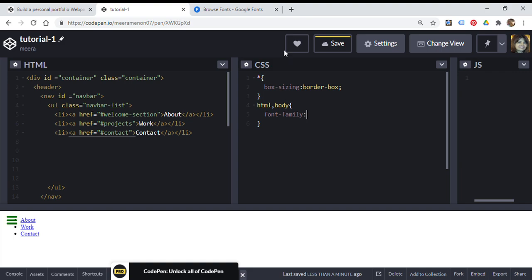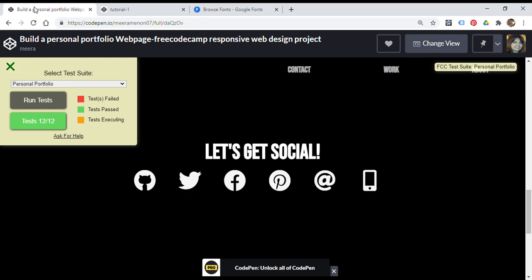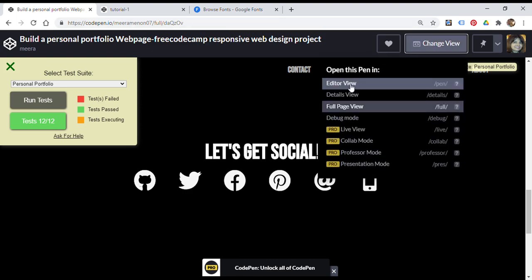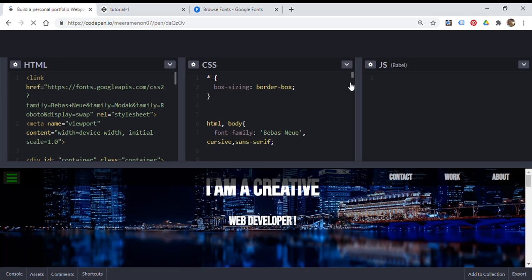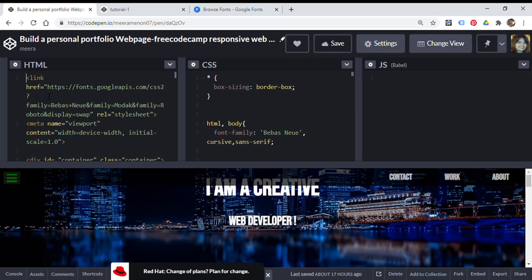Wait, I'm not giving it now. I want to show you how it is done first. Okay, let me change the view here and then I will explain from there. Okay, this is my link for the font family. So I just copy from here and I show you the method.